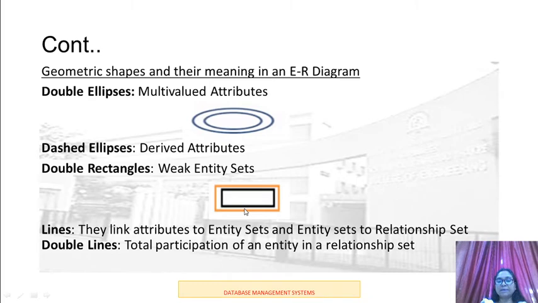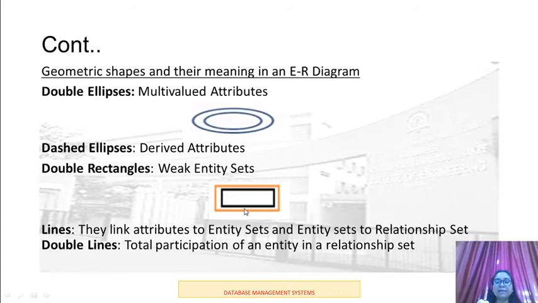Bank name is required. At times, this bank account is the weak entity because it is not sufficient to represent itself completely. That is why it is the weak entity. This is an example of a weak entity, the entity which is dependent on others. That time it is represented as weak.